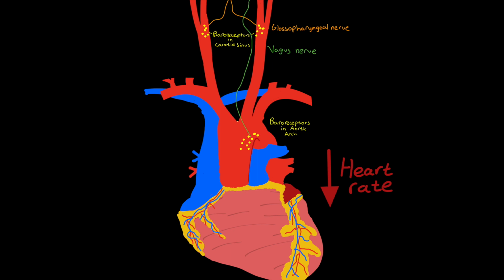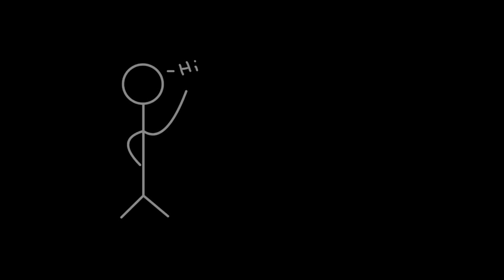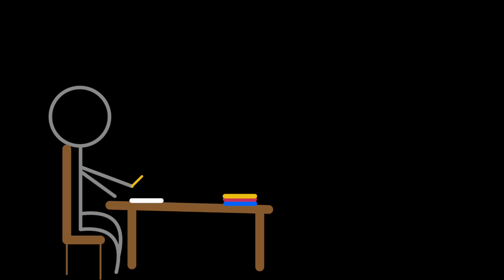Now, we must be aware that the heart can contract on its own even without the nervous system. The nervous system can only make the heart beat faster or slower, but it cannot produce a heartbeat. This is the reason why the heart can continue to pump even out of the body. To put this in context, let's look at Bob. Bob is at school and he has a normal heart rate of 78 beats per minute